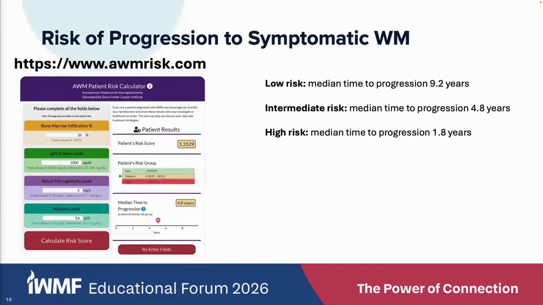Okay, I mentioned that kind of the watch and wait, or this observation, is the default. So a very common question is, for how long can we observe this cancer when I'm going to need treatment? Obviously, I can't tell a patient when exactly they're going to need treatment. Sometimes looking at their history can be very informative. So if I have a patient who had maybe some enlarged lymph nodes 5 years ago that other doctors didn't really pay attention to, and then they slowly grew with time, and then one day someone did a biopsy that showed Waldenström's, and they come and see me, I can tell them, you've had these lymph nodes for 5 years,